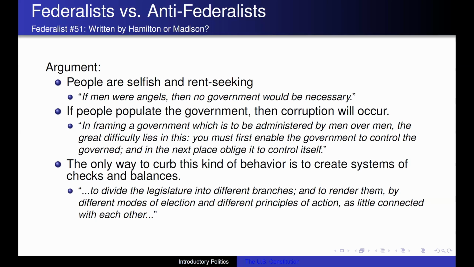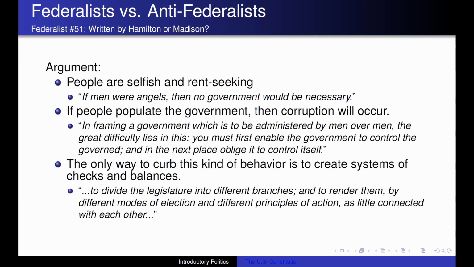Hamilton's going to take a bit of a turn and say again fundamentally the same thing, that human beings to some level are all corrupt. There's no perfect human being. It is within us to oppress other people, however we would want to phrase it, that we are not perfect. So Hamilton says here, for example, if men were angels, no government would be necessary. And so when it comes to selfishness, rent-seeking behavior, taking advantage of other people, however we want to frame that, we need a government to control it, right? So it starts off with that basic premise again.